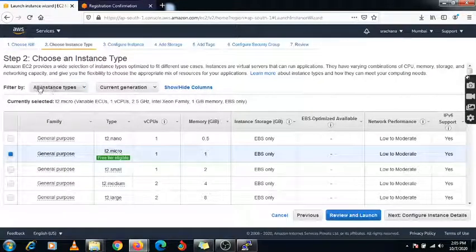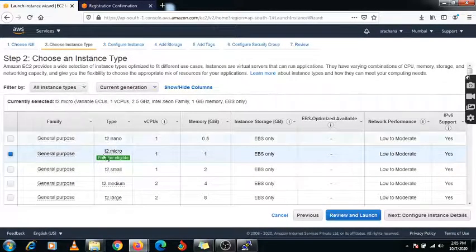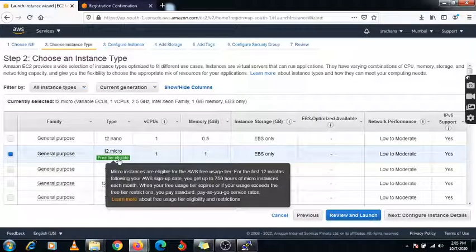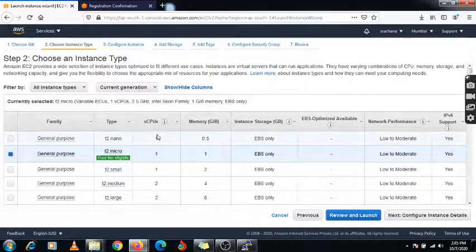In the last video we discussed all the instance types. So these are the instance types. Here is the option that is free tier eligible, so you always need to select this option, and here is the general purpose. This is the virtual CPU. For this free tier account, we get one virtual CPU and 1 GB RAM. This we will discuss in the storage part, so in the coming next video we will discuss the storage type also.